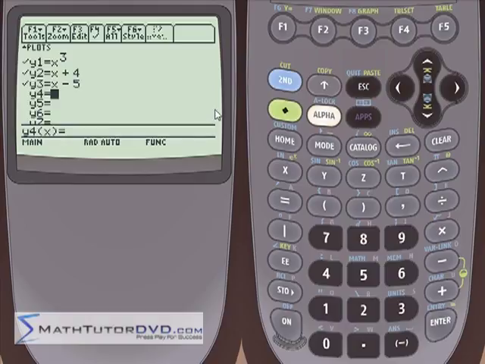Now the next thing I want to do is give you another example of these graphing styles and how they can be useful. So let's put another guy in here, 4 graphs. Let's say this is x squared. Actually, just to make it different, let's make it negative x squared minus